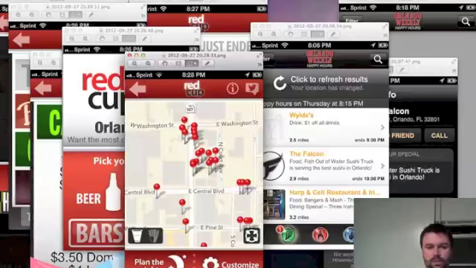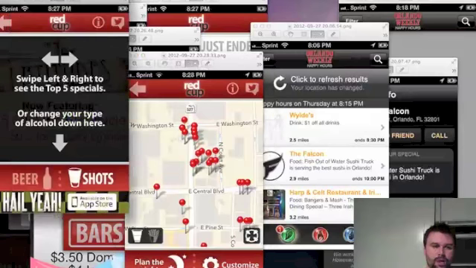Now, it doesn't actually set your location, it just goes into the area, and they actually have the majority of their bars in downtown Orlando. So you can actually go through and click on these annotations, and it shows you a little bit more information. But this I actually did not use. It just automatically sent me to a location where all their bars are located, because they tend to be, it seems like, all downtown. When you click on the eye icon, it does actually pop up a view to help you understand how to navigate, which from an interactivity standpoint